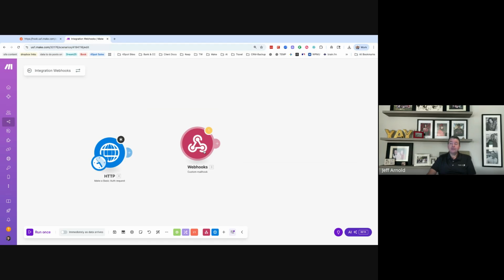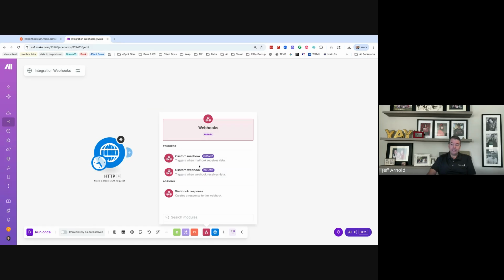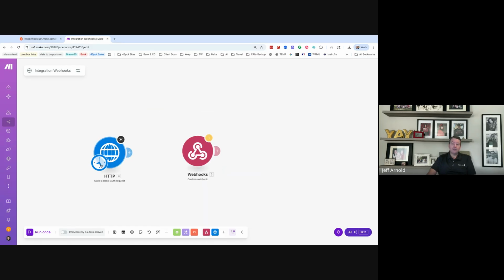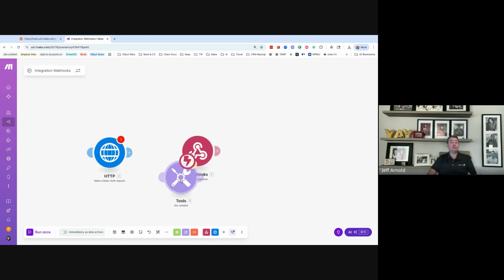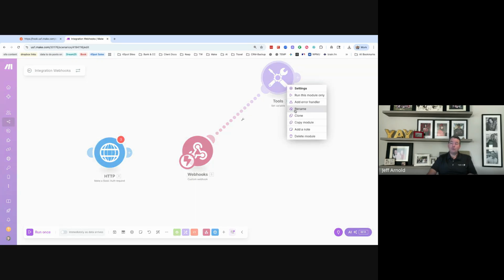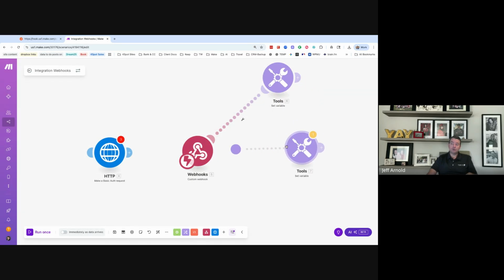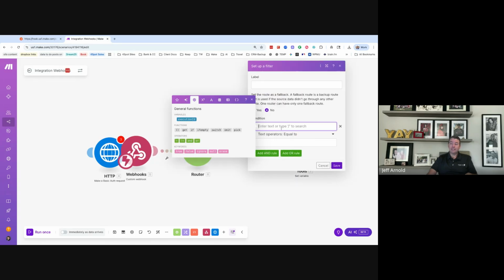And then finally, with the webhook, one of the things you can very easily do, if you have a custom webhook, is set up, for example, like we use Gravity Forms a lot and we use the Gravity Forms webhook, but we might have 3 different Gravity Forms that all feed into the same webhook. And then all we do inside of here is set up filters. And we're going to say that, if the first name equals something, or in most cases, we'll use